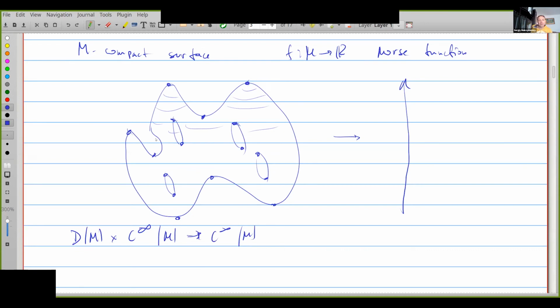So if I have a foliation, like a singular foliation by these curves, here the regular level sets correspond to circles, and the critical level sets are just some graphs. We have this foliation, and then there is a natural action of the group of diffeomorphisms on this